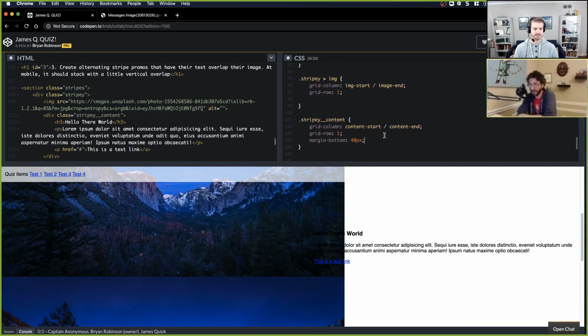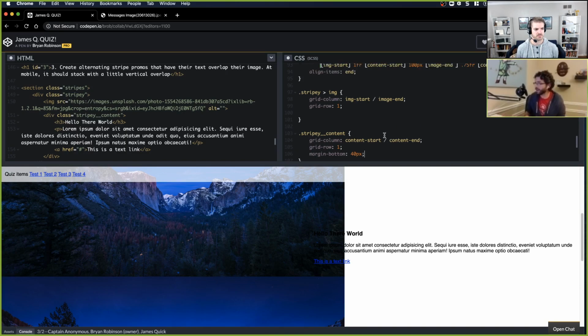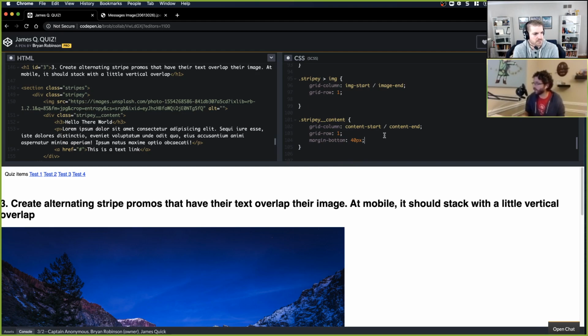I've taught students. I've done collegiate education around CSS that names are only as important as being consistent with them. And so you've done an excellent job of naming something image start and using it as the image start line because the actual syntax for grid template columns is grid... Sorry, this is the wrong area. I'm just going to delete this real fast. Don't worry, I'll bring it back. My beautiful grid code. Start line slash grid end line, right?